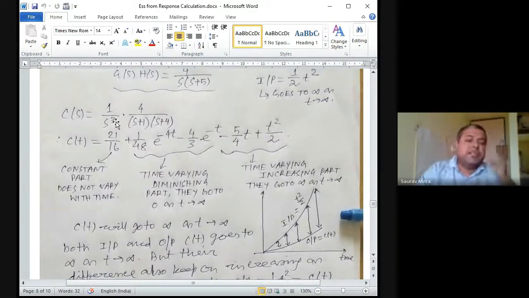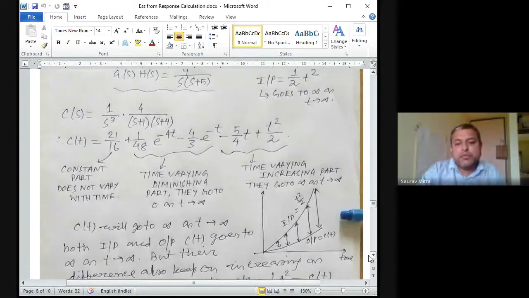So I'm just changing the inputs. So inputs, first case for unit step it was 1 by s, for ramp it was 1 by s square, and for parabolic it is 1 by s cube. Now if you're finding what is CT, CT is a very big component. Here these two parts, because this is 5t by 4 and this is t square by 2, they are actually time varying and increasing part. They will go to infinity as t tends to infinity. The intermediate part, they will diminish and become 0 as t tends to infinity, and this CT part,